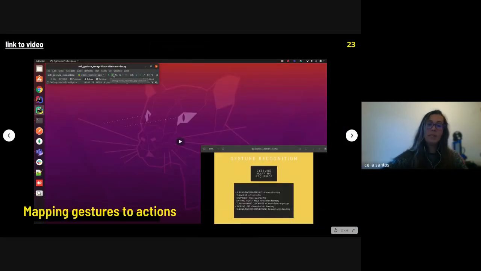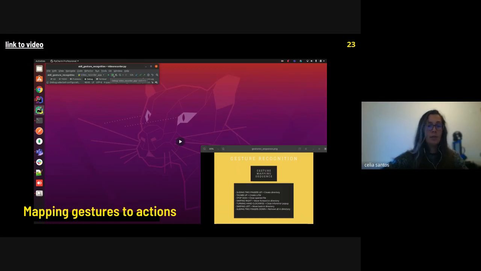So we tested our system deploying the server and the broker on Google Cloud Platform, and then the client application running on our local machines. And here we have a demonstration of how it worked. At the bottom of the screen, we have a cheat sheet explaining what action each gesture performs. So when the application starts, a new window is opened, and each action we perform will be done on that folder as a root directory